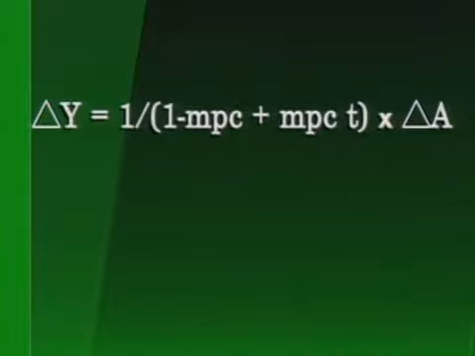We know that both the marginal propensity to consume and the tax rate are less than 1, so the denominator of the multiplier is less than 1. The numerator is 1, so the multiplier is greater than 1. This would mean that if autonomous expenditures change, national income would change by an amount greater than the change in autonomous expenditures. For example, if the marginal propensity to consume is 0.8 and the tax rate is 0.1, then the multiplier is 1 divided by the quantity 1 minus 0.8 plus 0.08, or a little over 3.5.